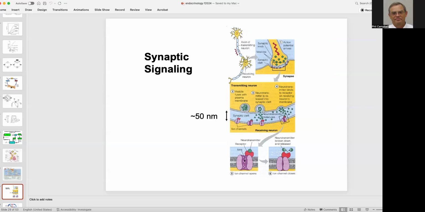Question 1, all right? So we have a graded potential. It fires, and we have these channels on the postsynaptic membrane of this receiving cell. There is a change in sodium transport. We get the initiation of a graded potential. It then is enough to reach threshold. At the axon hillock, it will fire a set of action potentials. Action potentials get to the end of the axon, and at the terminal bud,